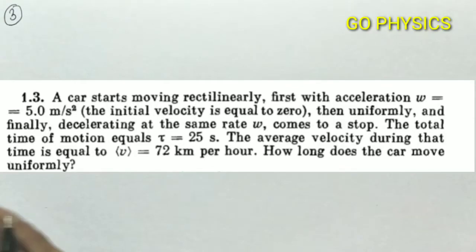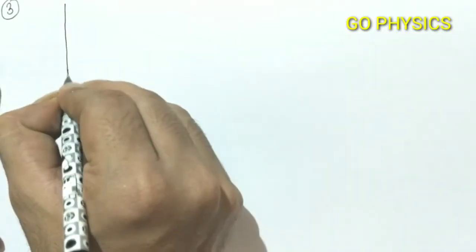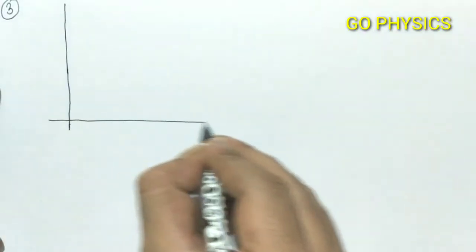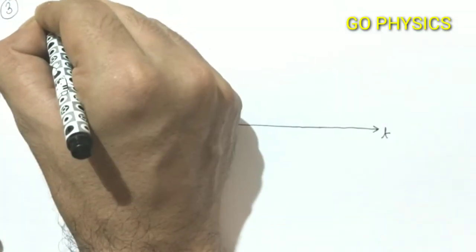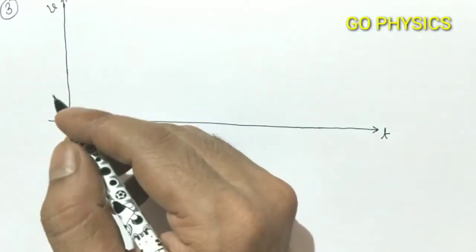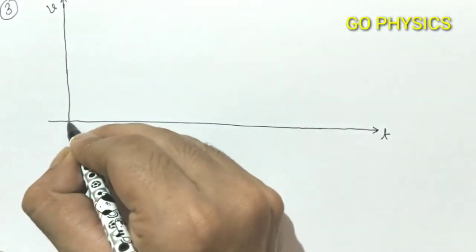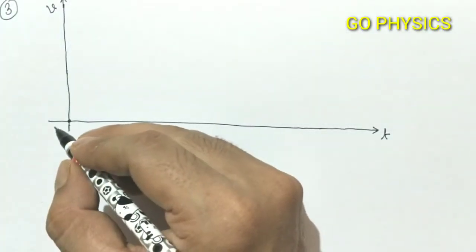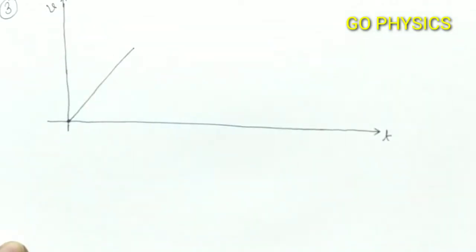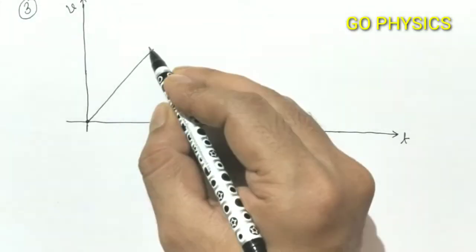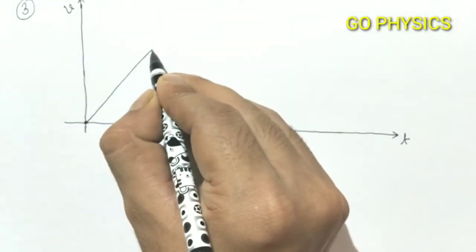We can solve this question by the usual method, but I will advise to solve this question graphically. It will take less time. So first we will draw the velocity versus time graph. I am taking time on the x-axis and velocity on the y-axis. It is given that the car started its motion with 0 velocity and first it accelerated uniformly, and we know that in a VT graph constant acceleration is a straight line, and then it moves uniformly